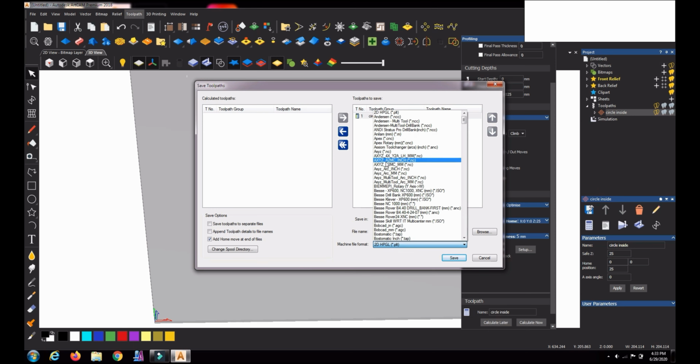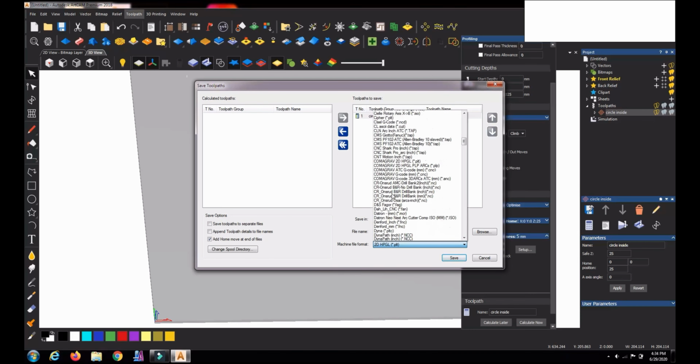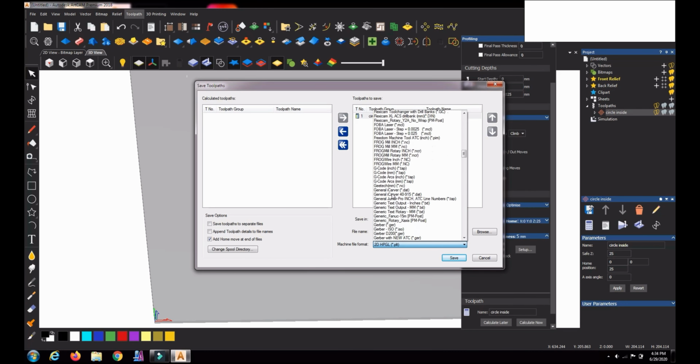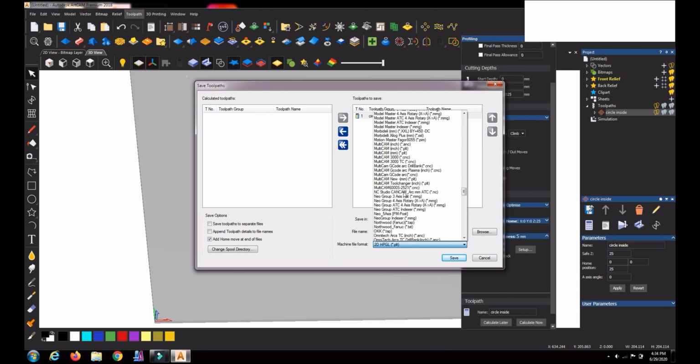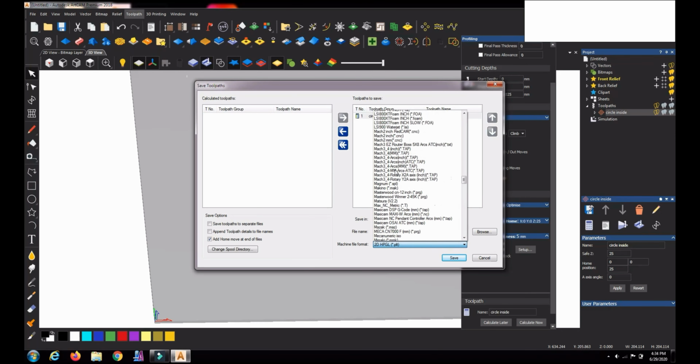Then you have to give the machine file format. So different companies' machines have different file formats. Now for a CNC router XYZ, the CNC router has one type of coding, post processing is there, and in a number of CNC companies a post processor will be there. You can see Mach3 is also there, Maxicom is there. Many software people, many CNC router people have included their code inside, the NC code inside. So now we are going for a generalized G code like that.